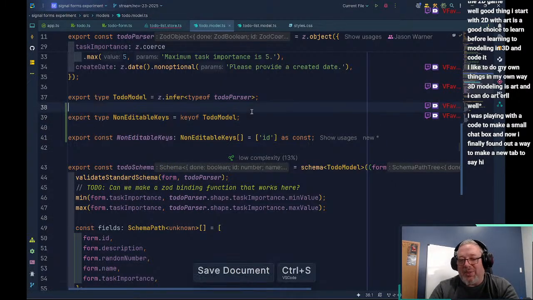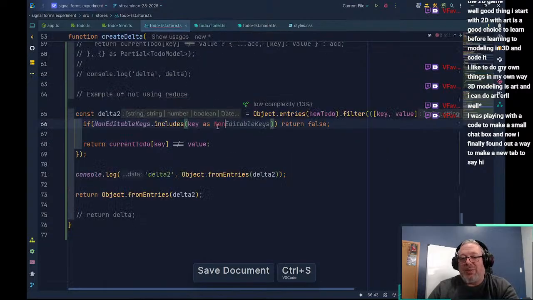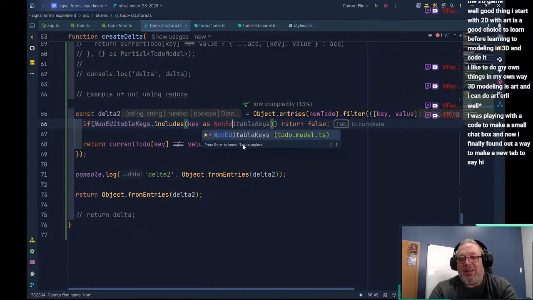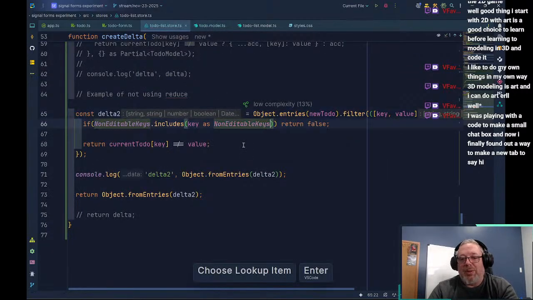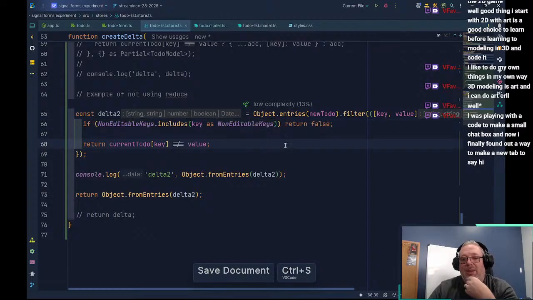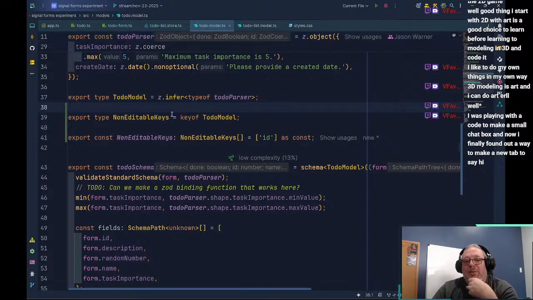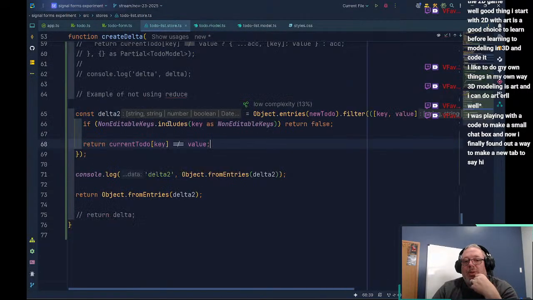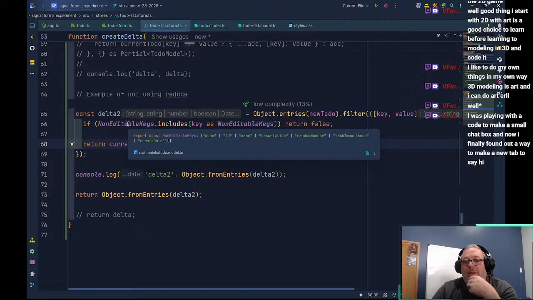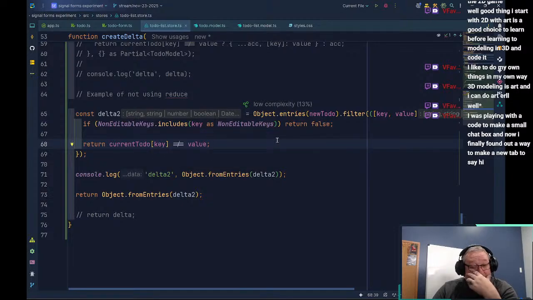And these are some TypeScript tricks that you can do instead of having to go with like any or something like that, right? We can keep our type narrow.